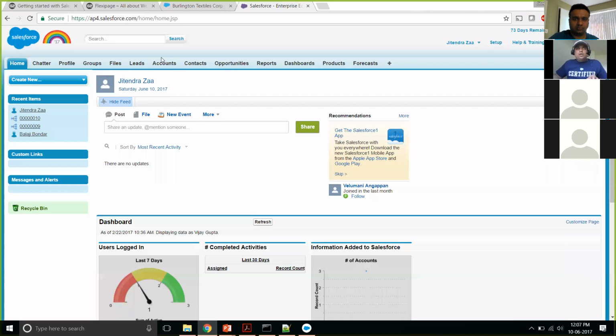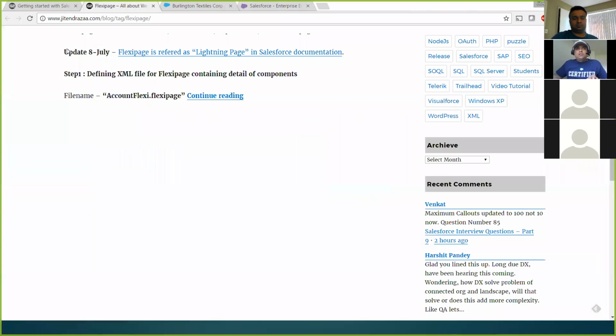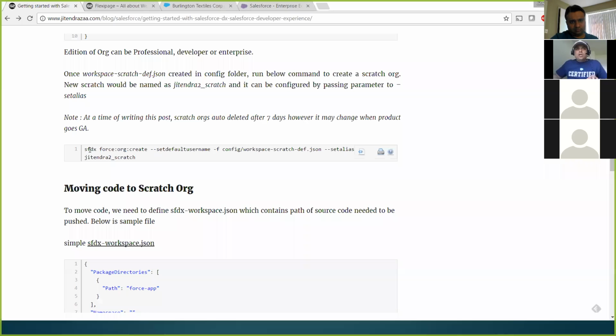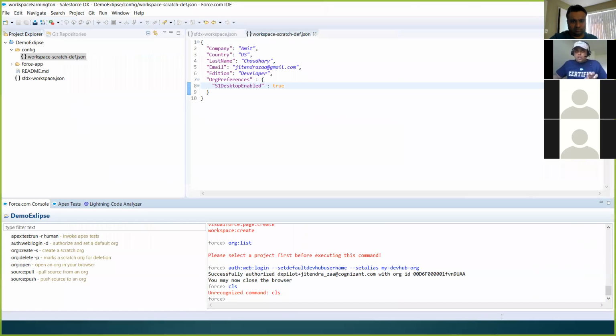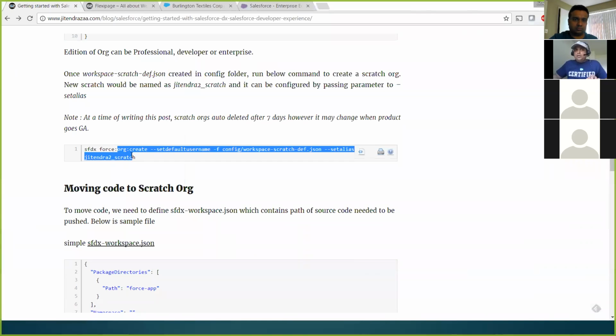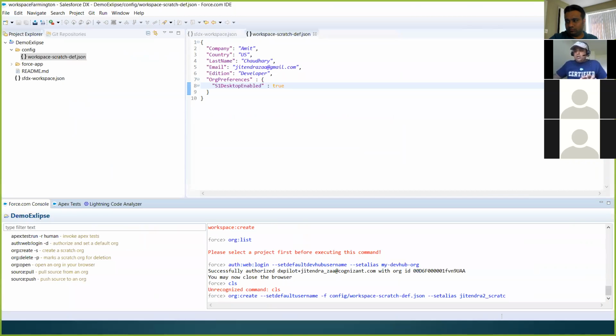I would go back here. And to create a Scratchorg, I simply have to run this command. I don't need to run the force command. The reason, if you guys see, force is already here, right? So I'm always skipping the force part. So I need the org part here, and I will say, let's say, 6 scratch,